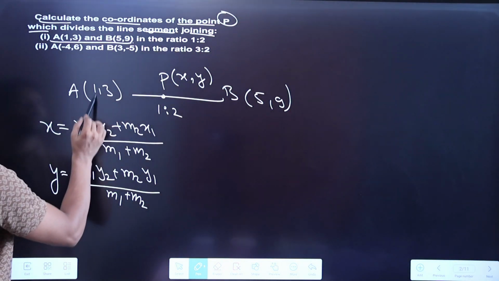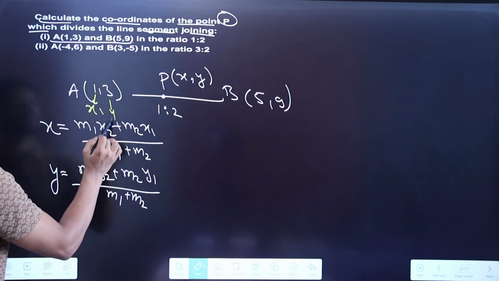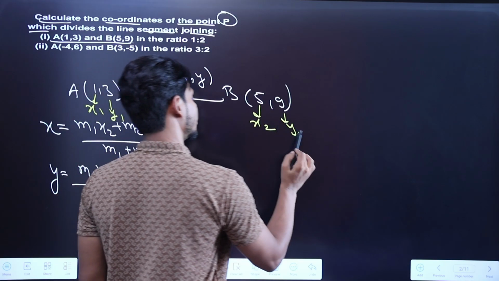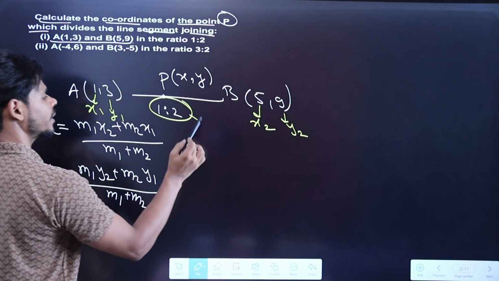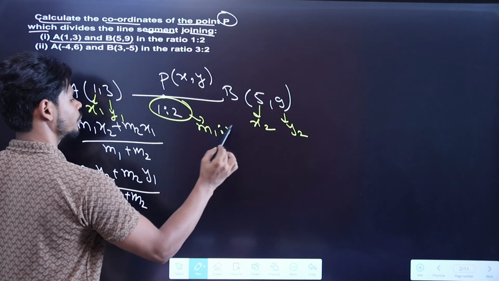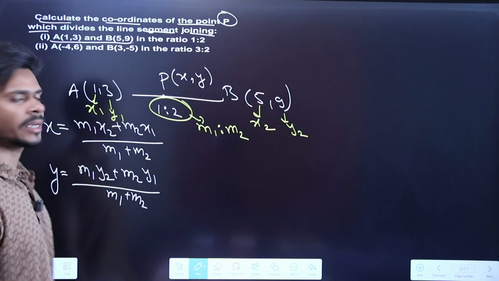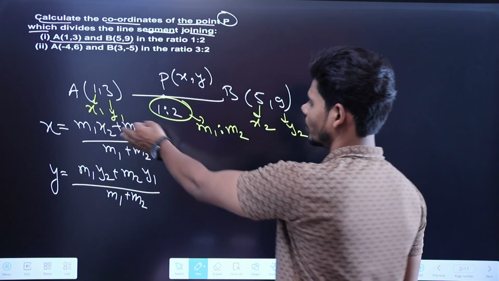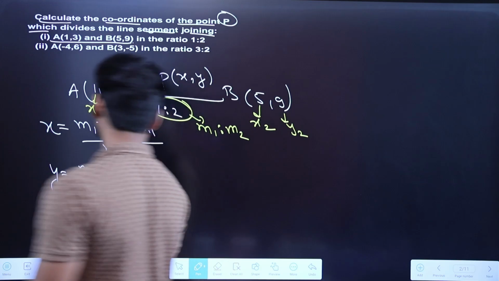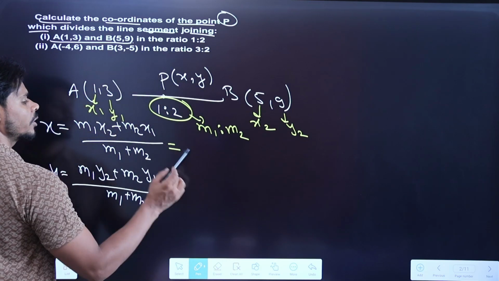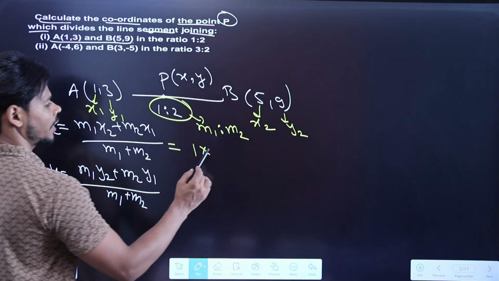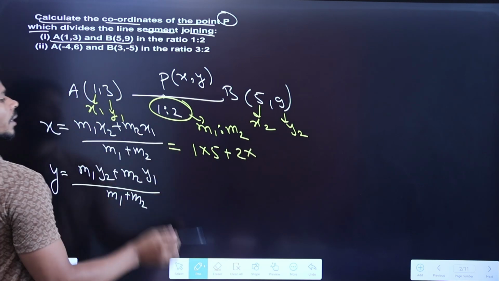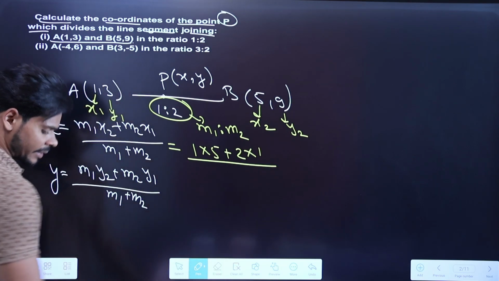The points are named x1 and y1 for the coordinates of A, and for B it is x2 and y2. Similarly, for the ratio we name it m1 is to m2. It means the first one is m1 and the second one is m2. We just need to substitute the values over here, and let's get the values right now. So m1 is 1 over here, x2 is 5, then plus m2 is 2, and x1 is 1, whole divided by m1 plus m2,